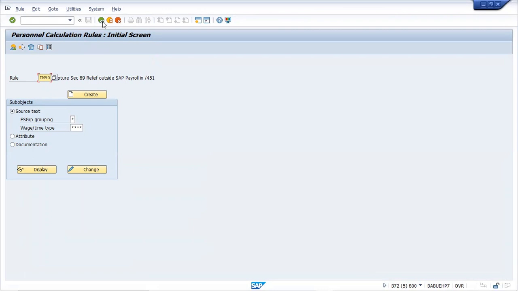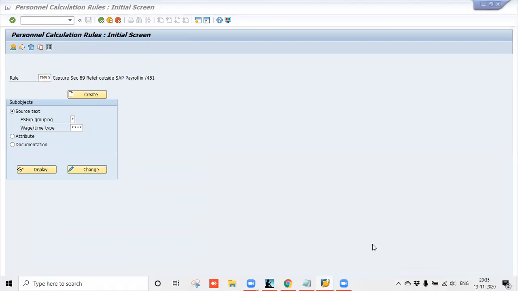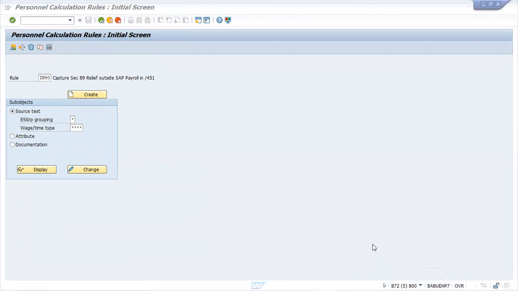Section 89 relief is again, in any interview, one of the important questions. So you have to give a scenario. The scenarios which I told you, you can explain. Suppose somebody is asking what you have to do in case of section 89 relief. What are the typical business scenarios? Generally, people will be asking those business scenarios. Very few people will be asking this kind of tables. Generally, they do not ask, but I have seen people asking. But people will generally prefer to ask business scenarios. So in this case, you can explain this section 89 relief, what is the company practice, the eligibility, all those things you can explain. So this was all about section 89.